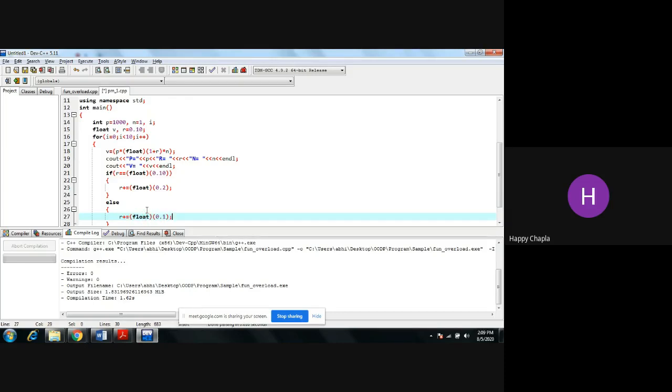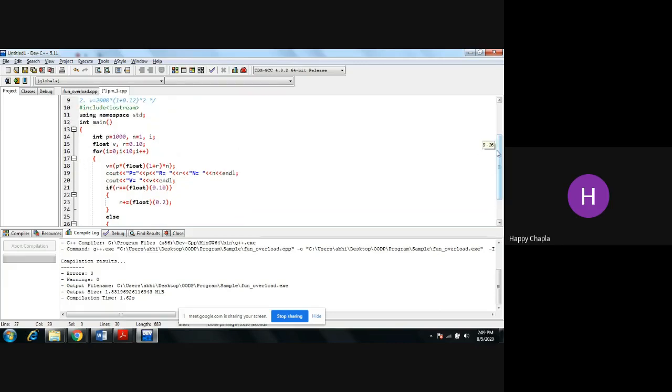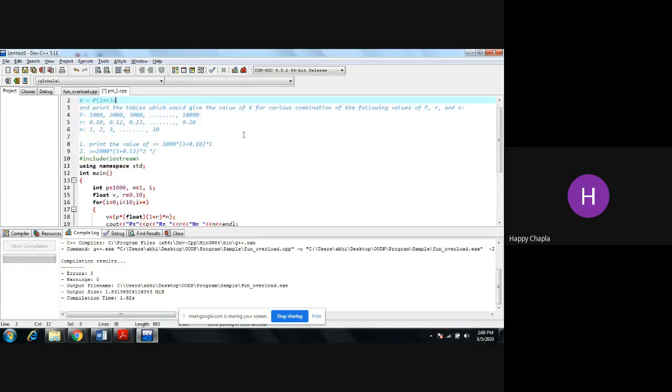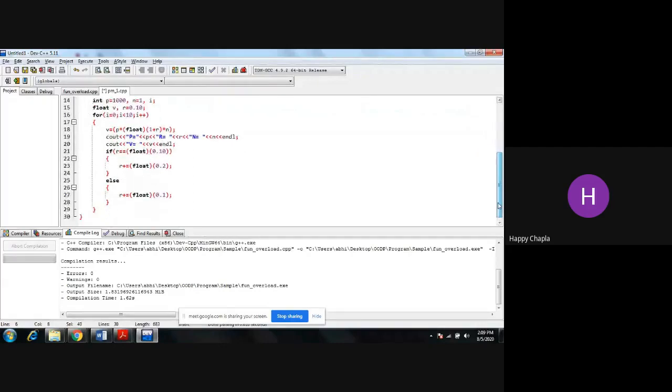Okay, so here is the logic for how you can implement the r value stuff. How can you jump from 0.10 to 0.12, right? So here is the solution: the first time you need to increment that r value with 2, and afterwards your r value will be incremented with 1 only.